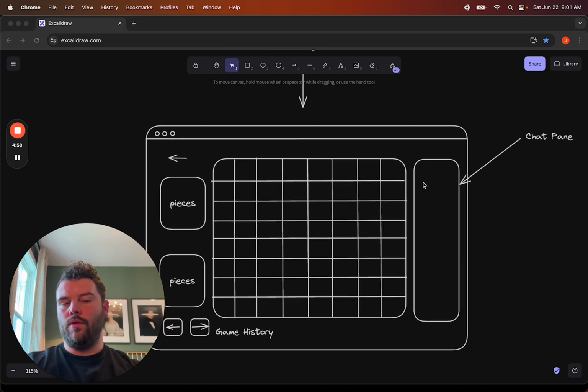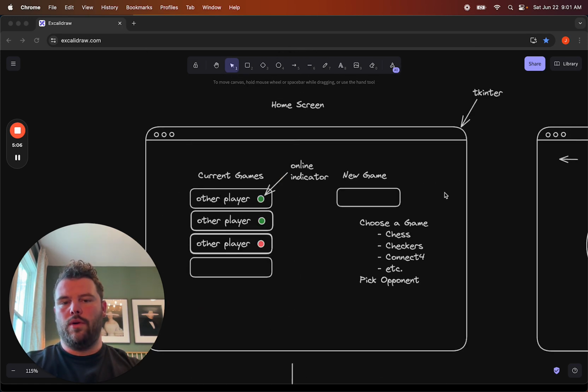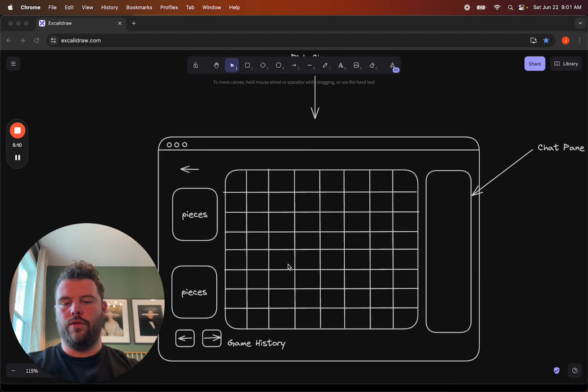The thing is, I don't think the chat pane needs to exist in all the different games. This would be a toggleable personal setting. Oh, I would also have a personal settings screen where you can change stuff. So one of those examples would be, do you want to have a chat pane? And that could actually, I believe, exist outside of the game